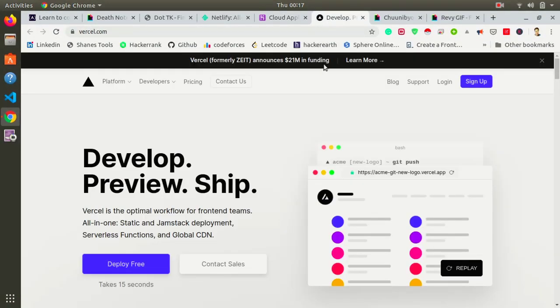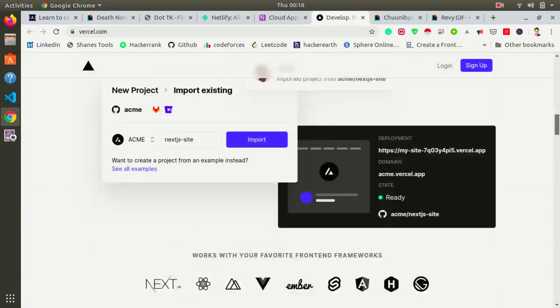The next one is now.sh, but it is now converted to Vercel. Formerly it was known as Zeit, and it gives you unlimited hours, but you can't have your own custom domain. The meaning is that with every deployment you will have a new URL that points to the new version of your server. And be aware that now.sh or vercel.com will always open source your code. So yeah,